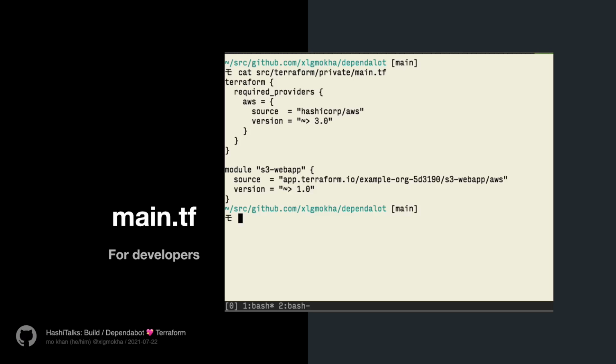Now, in the second section here at the bottom, where we're actually dependent on a Terraform module, the source, similar to the Terraform provider, in this case, we're specifying a fully qualified name, which includes the registry, which is app.terraform.io, an organization namespace, and then the actual name of the module, the S3 web app slash AWS. And same thing, we provide another pessimistic version constraint to say that anything within the 1.x.y range is just fine. Pull those in automatically. And this is nice because having those constraints allows the underlying tooling to determine what versions are eligible